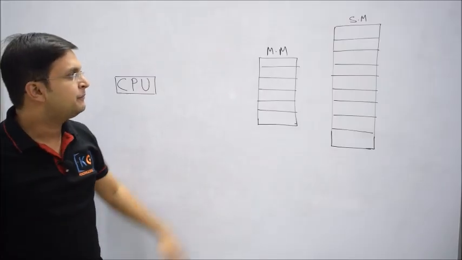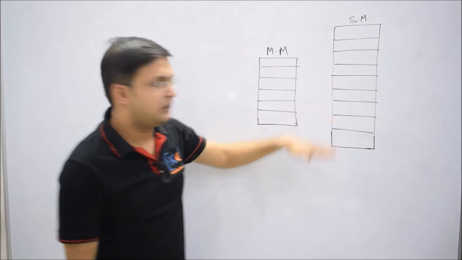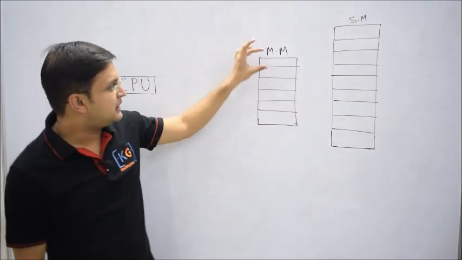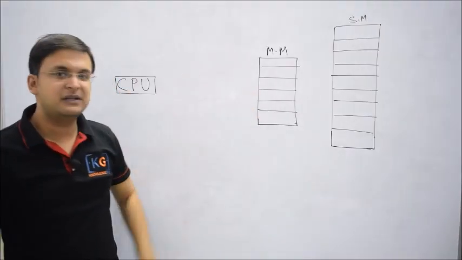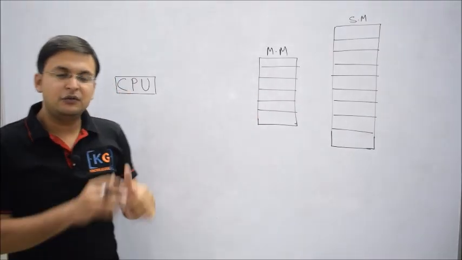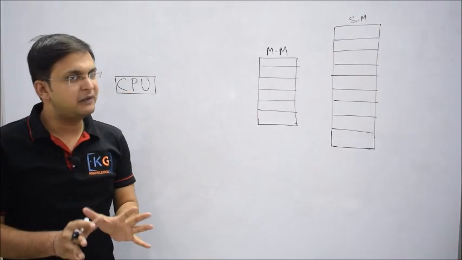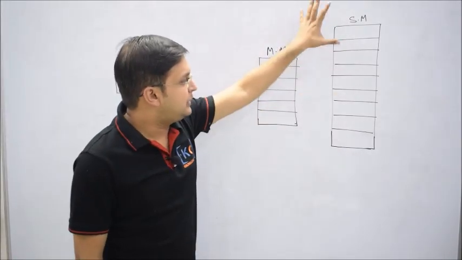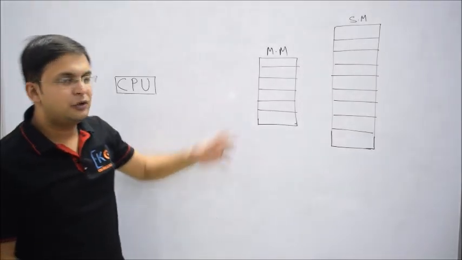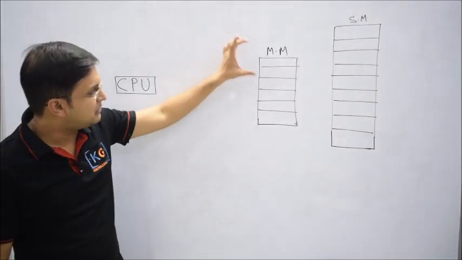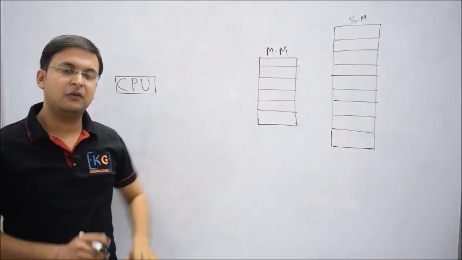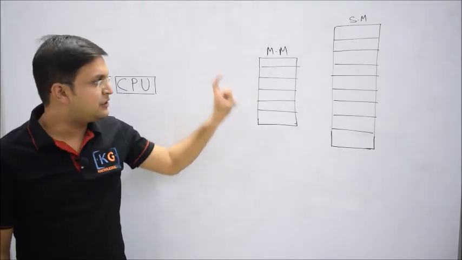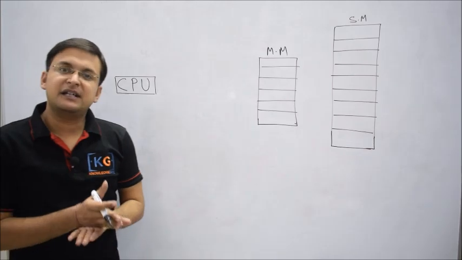So now what I'll do is partition the secondary memory. Similarly, I'll partition the main memory so that if some partition is empty somewhere, I can utilize it. So you understand point number one. When we say non-contiguous memory allocation, we partition secondary memory into some number of partitions, or you can say blocks. Similarly, we partition main memory into some blocks. The size of each partition or block is fixed, so that will be a fixed size partitioning scheme.